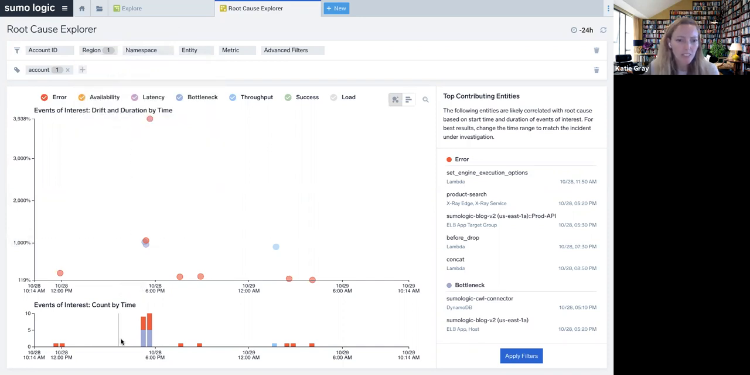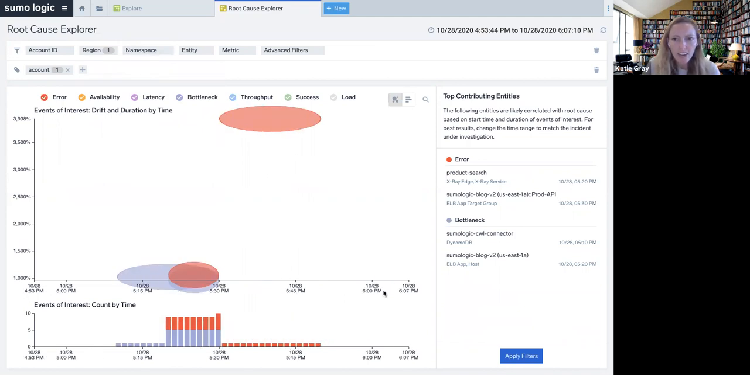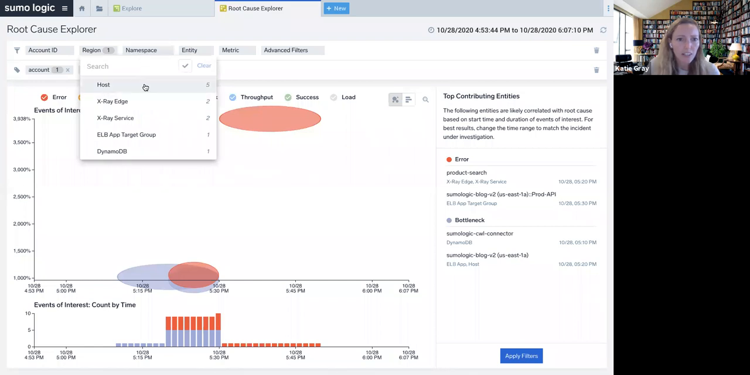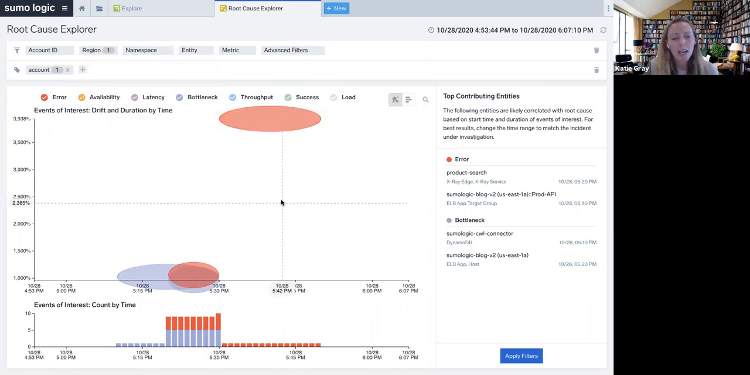So I know I want to look specifically at this time range. So I'm going to zoom in a little bit more to this 5:30 time range. And now you'll see here a quick summary of the services that are involved in this time frame. So I have a DynamoDB error, that ELB error that we know about, the 500 error, and also an EC2 and X-ray service errors. And one of the things that this tool helps you do is trace back in time